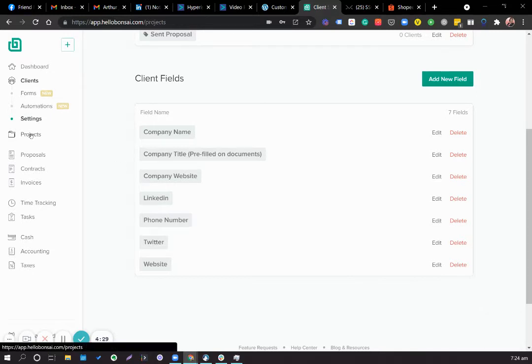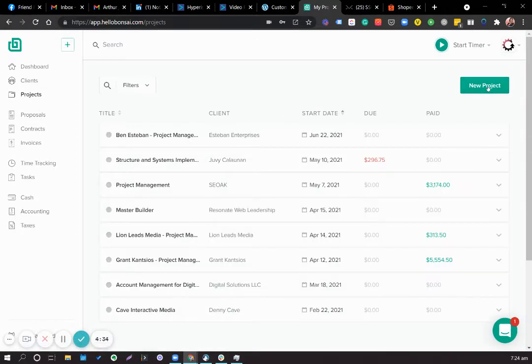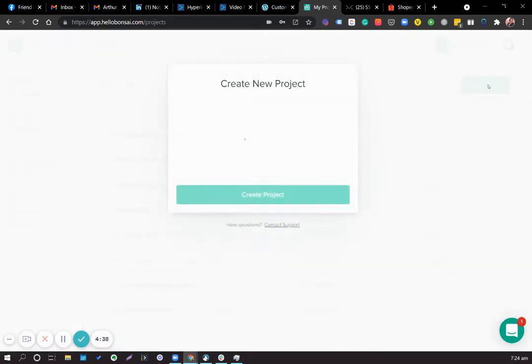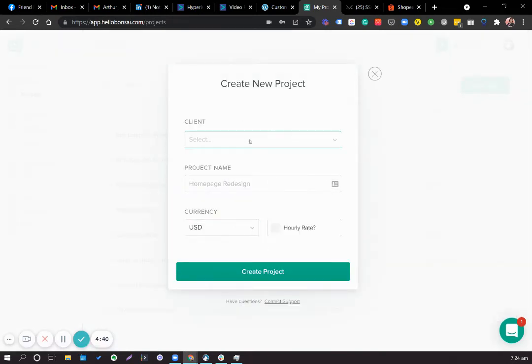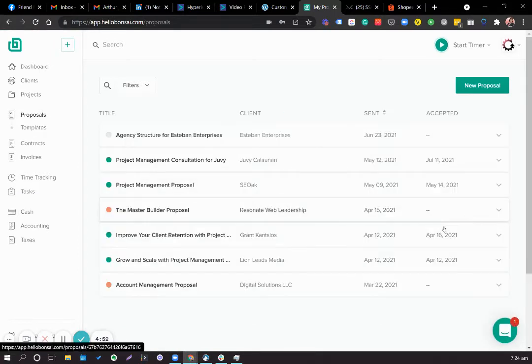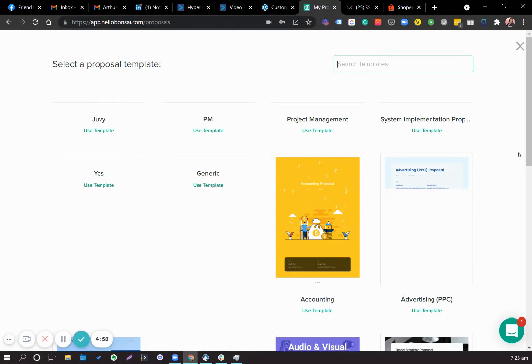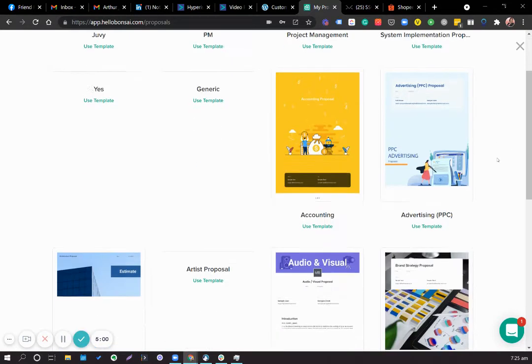Right here is our projects folder wherein you can create your new projects similar to what you can see right now. But if I click on this one, these are the only basic information that would require you to fill out. And then our favorite, of course, is creating proposal. And whenever you create proposal, let me just show you how a new proposal, and then it's going to provide you a list of templates that you can use